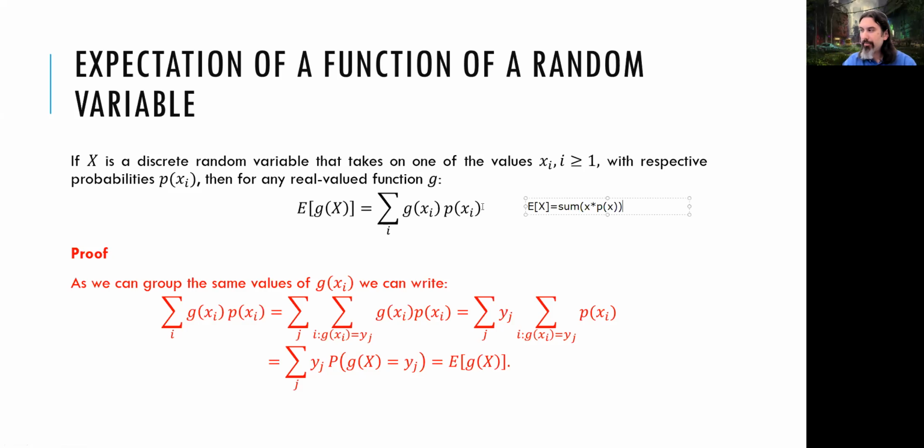Now, these are the same thing. The main difference is instead of x, we are writing G(x), the function of x. Okay? Instead of x, we are writing G(x) over here. So this one is fundamentally the same thing. We're just writing the function instead of x. This is going to hold all the time. Now, the proof is easy, but you don't have to know it, but you can just check to see how it goes there. But you need to know this part. This is more important than the proof. So as long as you can use this formula, you're okay with it. Let's see how it goes.